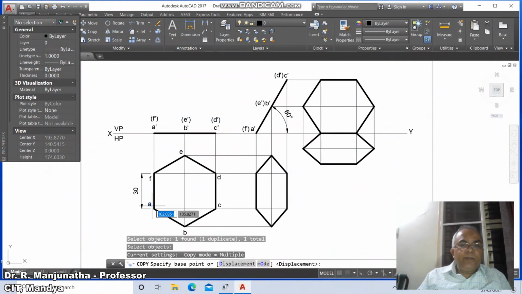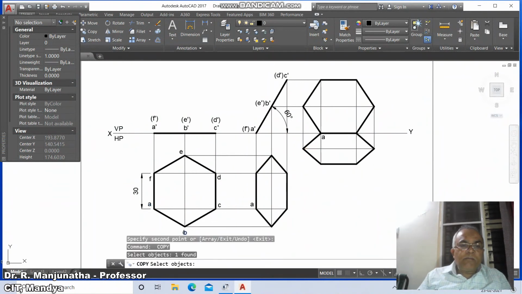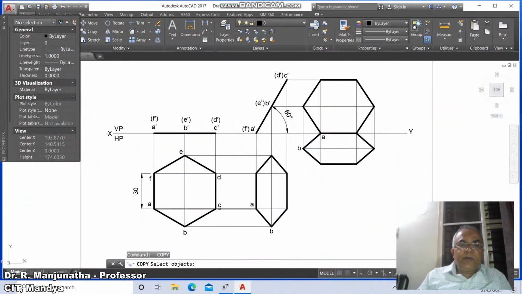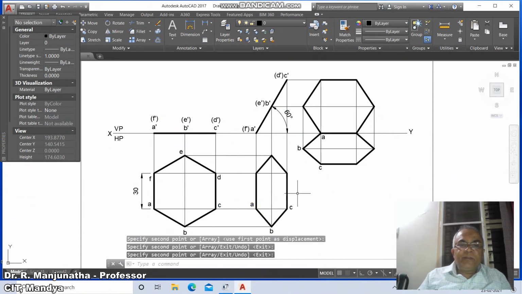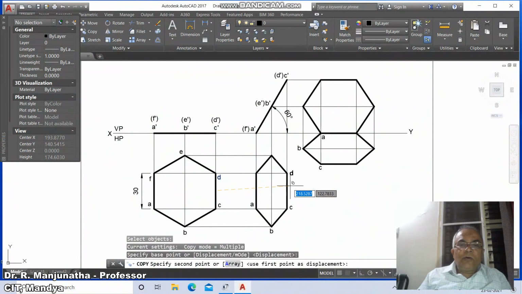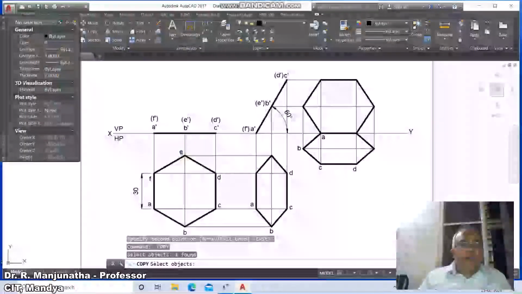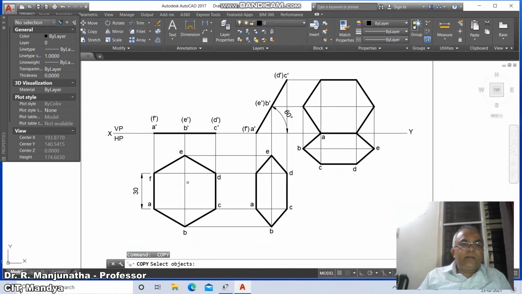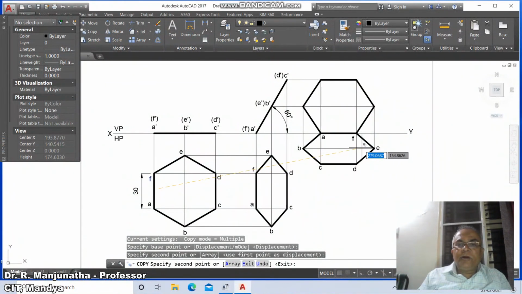Then go to copy, you take A and place it here, and that A should come here. Then go to B and comes here. Similarly C, copy it here, and then C will come here. Similarly D, copy it here, and D here. Then similarly E here and E here. And similarly F, take this F and that F is going to come here.